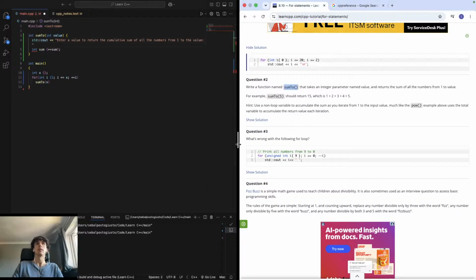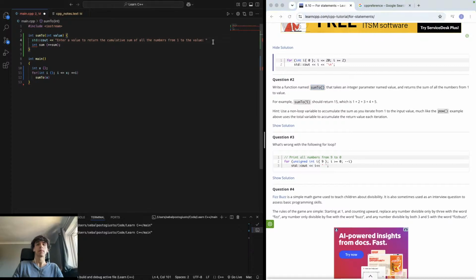Let me just do that. So actually what we want to do is we want to set I to 1 then. And then we'll do sum, and then we'll allow the user to